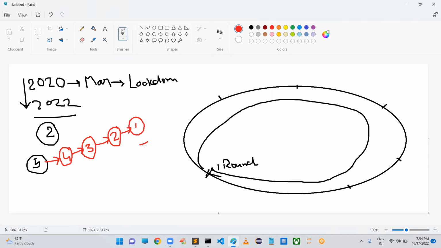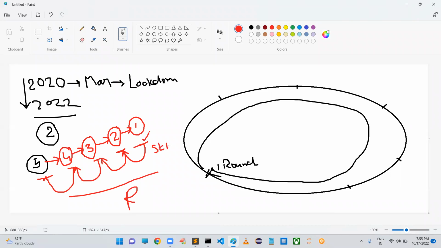Sir, will this result give impact on this result or not? Yes. If you got this, getting this one is very easy. If you got these two, getting this result will become very easy. If you got this result, getting this result will become easy. Finally, you got the result for the bigger problem or not? Yes. This step is called recursion: doing the task again and again, but just clubbing the solutions. This data structure is called a stack.